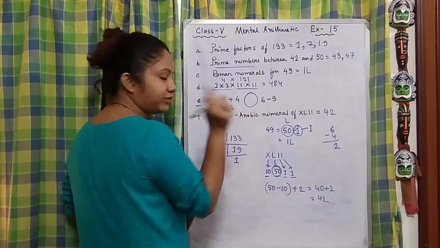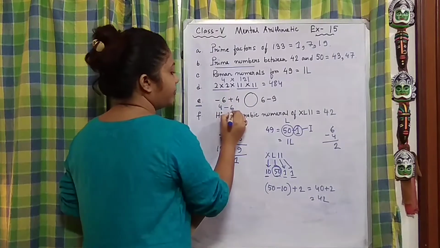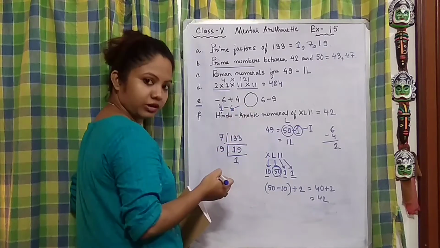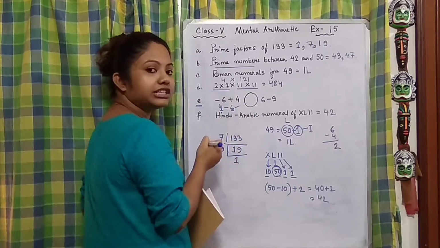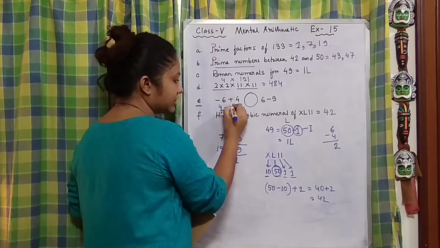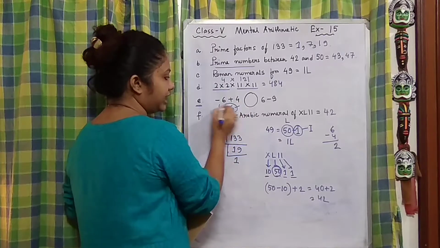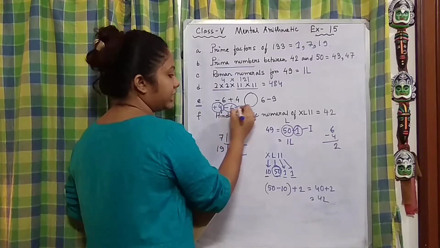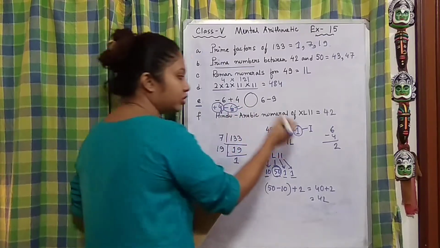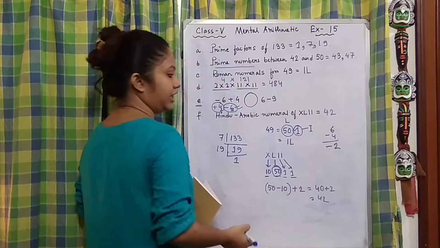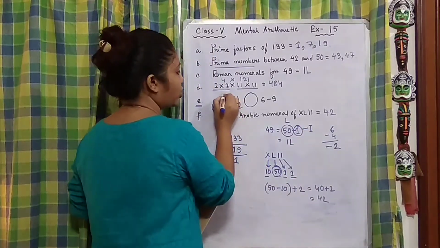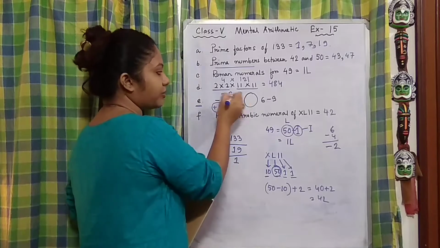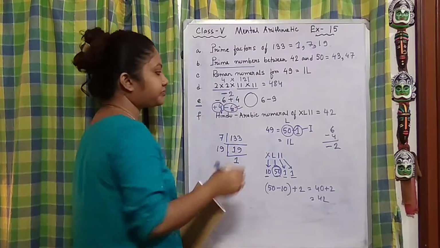Now, after that, step number 2, we have to see which is bigger among these two. 6 is bigger, right? And which sign is it bearing? It is taking a sign of minus, while the 4 is having a sign of plus. So, the number which is bigger, that sign will be carried. Okay, so after doing that, what are we getting? After doing this operation, we are getting minus 2.